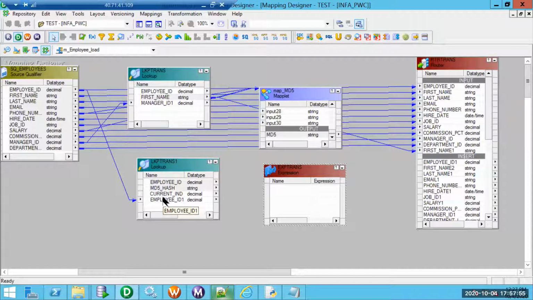Upsert means whenever there is an SCD change, as in any change in the salary, phone number or manager, it is supposed to insert as well as update.